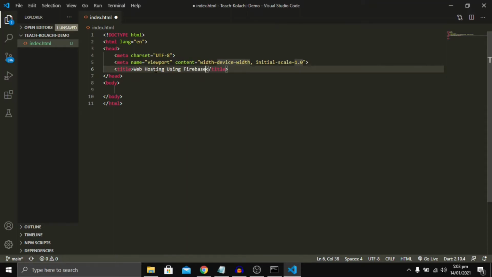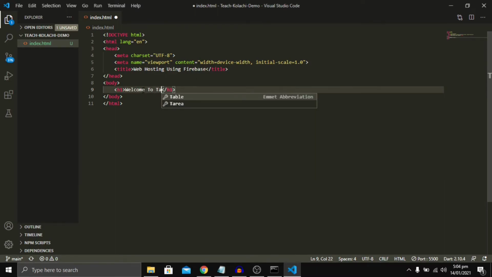So the title of our web page would be web hosting using Firebase. I would be writing a simple HTML h1 tag. Welcome to Teach Kolaji. So let's save it and run it on a live server.